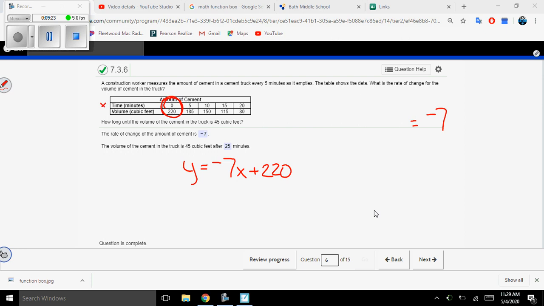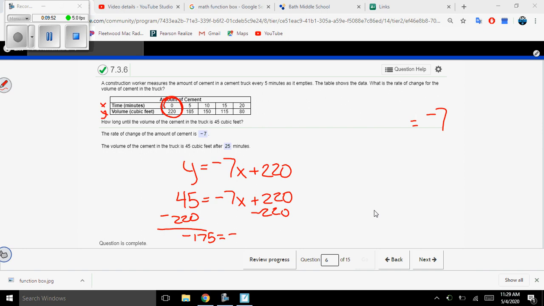Remember, this is x and this is y. When we want this to be 45, we should be able to plug this into this equation. We were able to come up with the equation. I'm going to subtract 220 from both sides. And when I subtract 220 from both sides, you might want to grab your calculator here if you feel like it. 45 minus 220 is negative 175